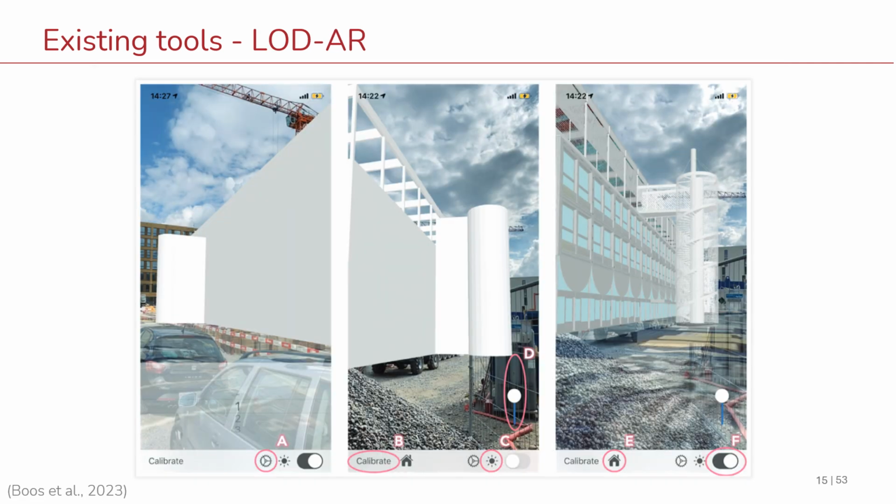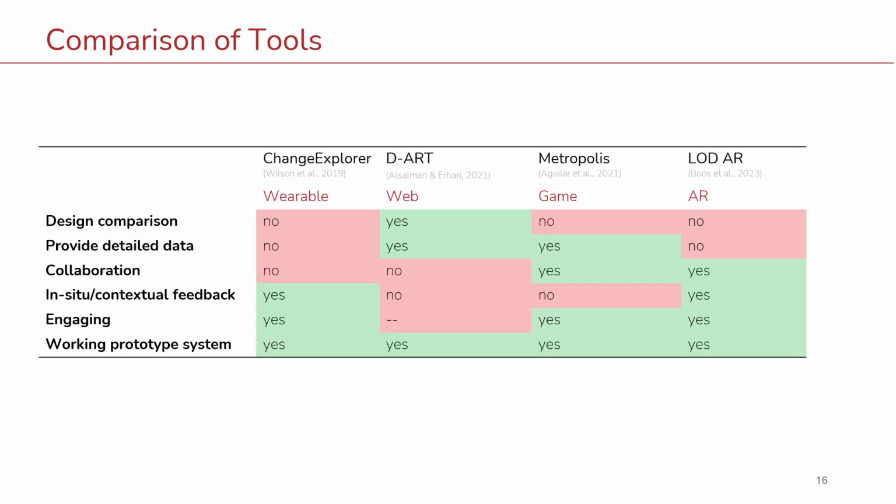Next is an AR system, which is not named, so I call it LODAR, which stands for Level of Detail in Augmented Reality, and it has highlighted AR's ability to enhance understanding of urban projects through immersive experience. However, the variations in the level of detail were limited to the geometry data. By reviewing all these tools, we gain an outline for future developments, where each tool supports part of them regarding their research questions. Then methodology.